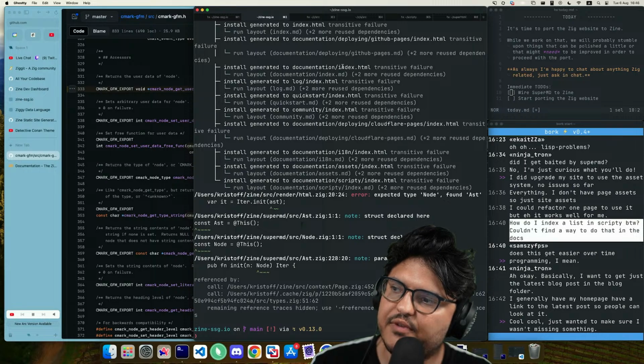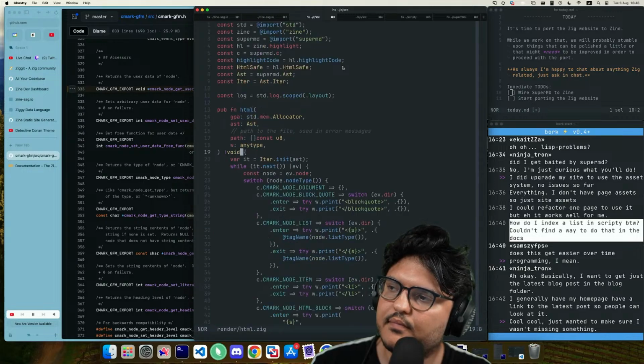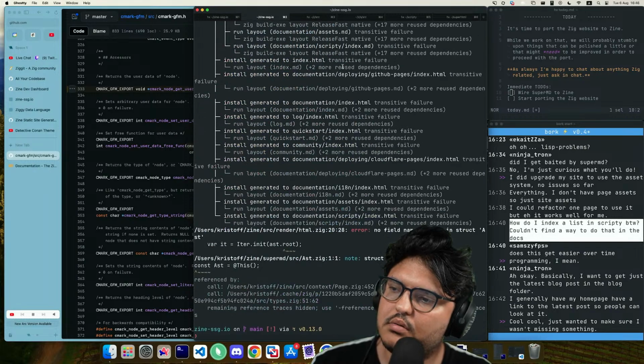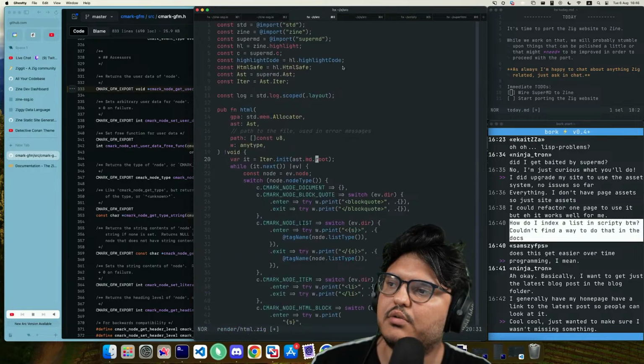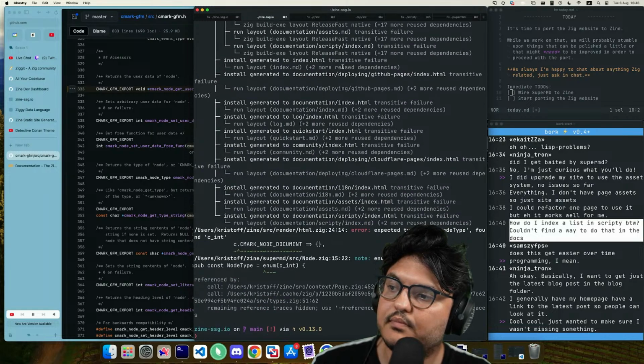Expected type node, found AST. Fair. ast.md.root. Expected type node type, found cint.